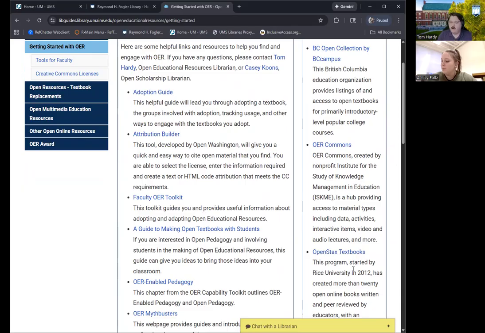probably the premier ones that I hear most people using. Actually, Biology 100 here on campus is using the OpenStax textbook for biology. They've been using it for several years at this point, and they're mostly happy with it. But that's the thing that you get with a lot of OER: maybe they're not perfect, but the fact that they are